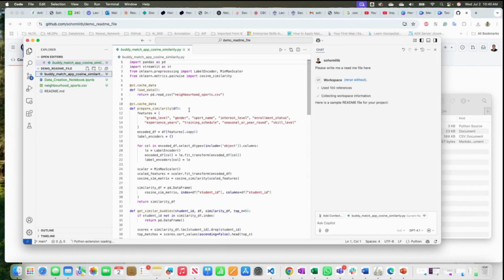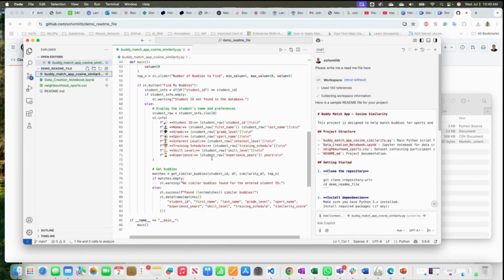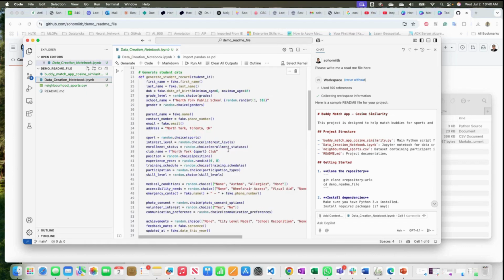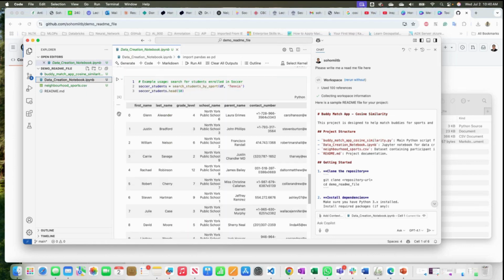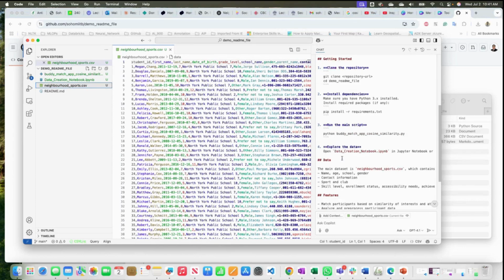I want to show you what the code is. The py file is there. You can see it's based on cosine similarity. It gives you the student ID, name, grade, and all the stuff. It will print out the students' IDs and the cosine similarity based match. There's also an IPNB file. It shows you all the experimentation, and the CSV file has the data sets, right? You see that it's generated